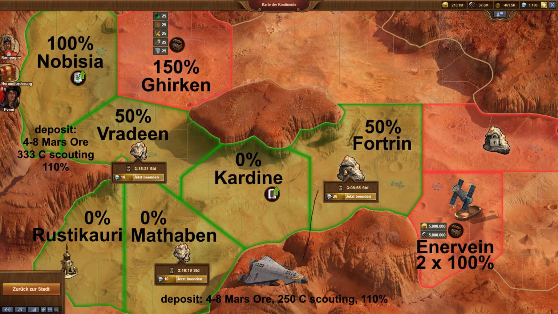Let us have a look at the province map. I arrived in the province Mathaben, where I found the first deposit of Mars ore. With the province Rusticori, I got access to the PvP tower. Carsign provided the first deposit to produce Mars Age goods. Redin then gave me the second Mars ore deposit. For this, the same rules apply as for the first Mars ore deposit, only the scouting costs are increased